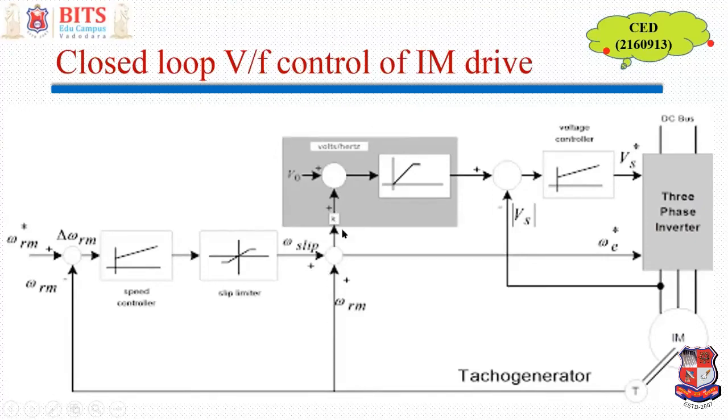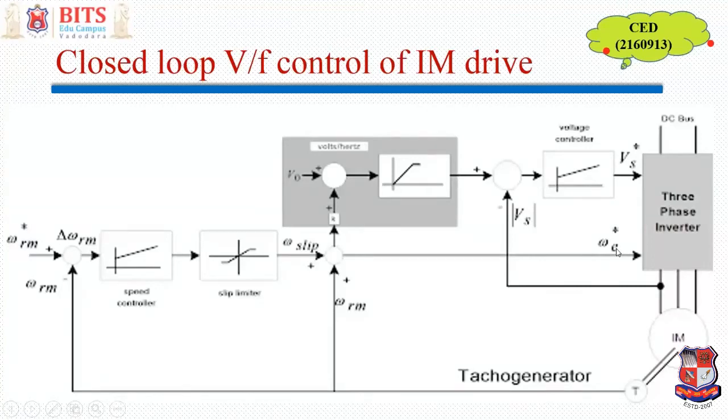Anyway, so based on that, the voltage calculation is there. Now you add the boost voltage. So this is the voltage error, and it is produced. So this is the voltage reference which we require for producing this much of speed. Actual voltage, the comparison is made, and the error of voltage is processed by a similar PI controller known as a voltage controller. So it produces the voltage command signal, right? So voltage command, that is required voltage, and this is ultimately producing required frequency.